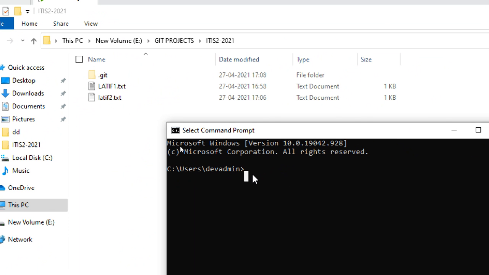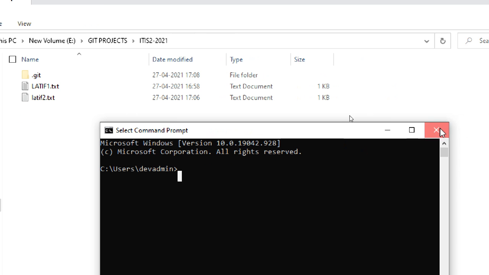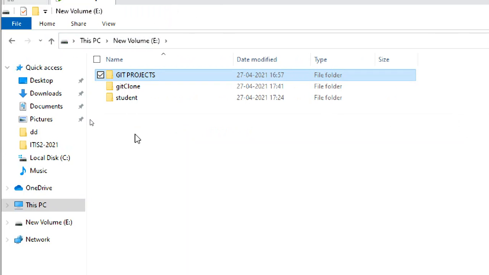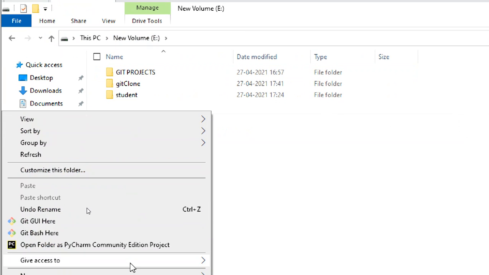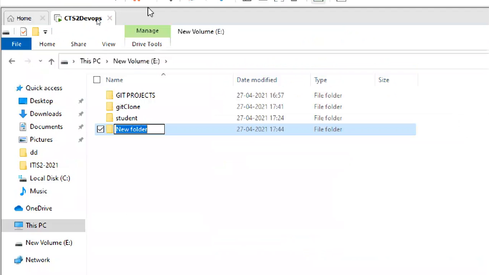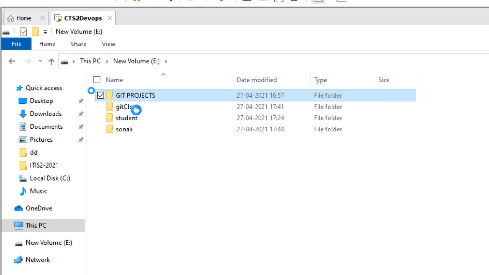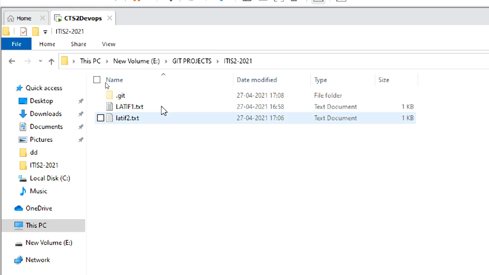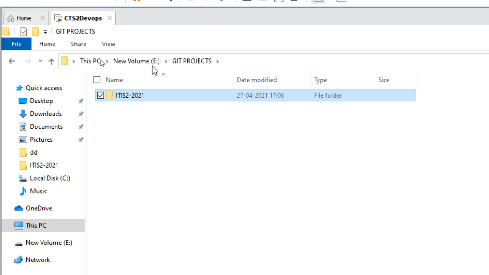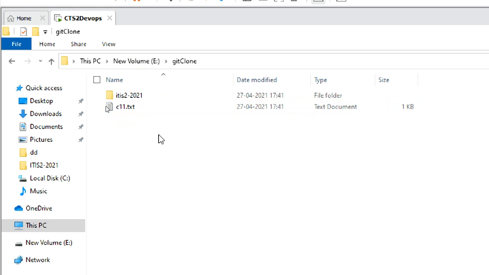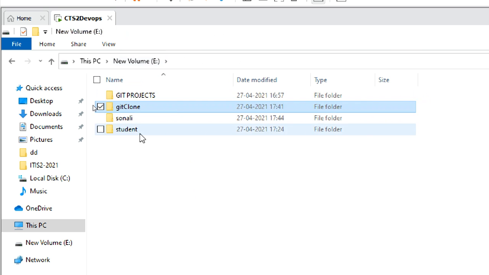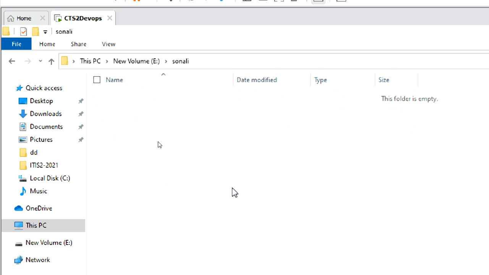For example, this is Sonali's folder, meaning Sonali is working now from her PC, and this one is Siddiq's. Think like that: this one is done by someone else.